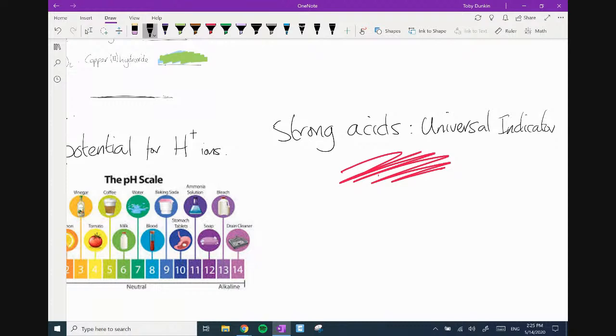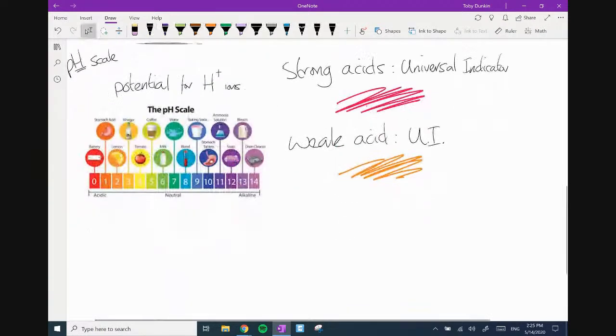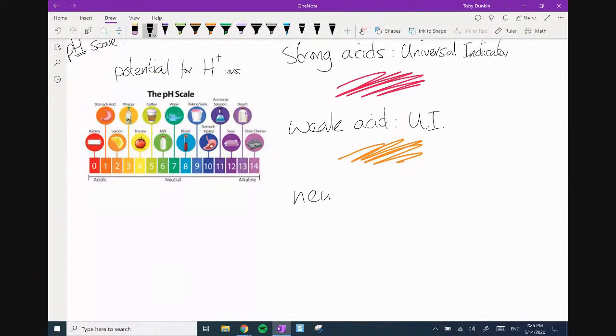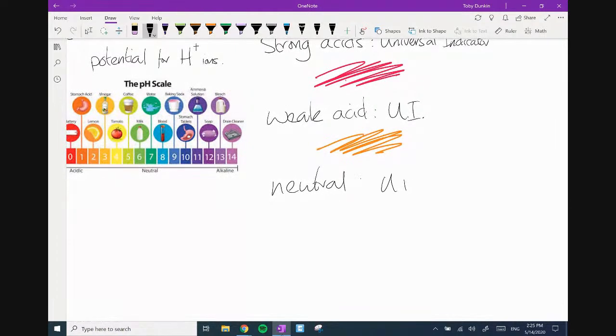And then we know that the weak acids, by the way, this is actually more problematic. Lies again. Even this is now tricky, to be fair. Weak acids with universal indicator, we would tend to say turn orange or yellow. This is not as clear cut as we would like to think, but you need it for GCSE. You need to know that neutral with universal indicator is green.